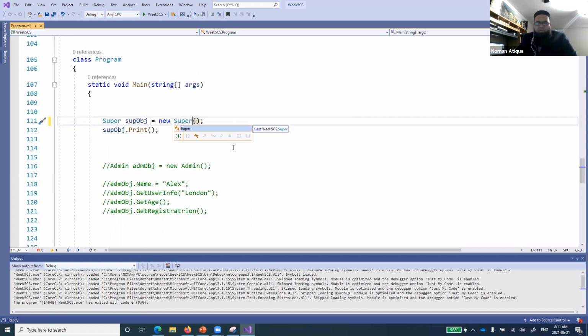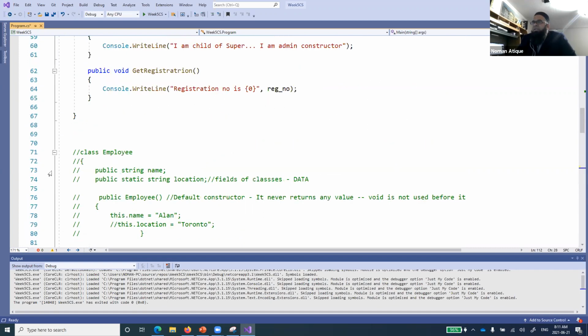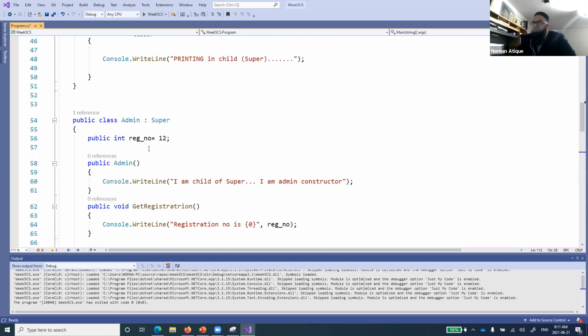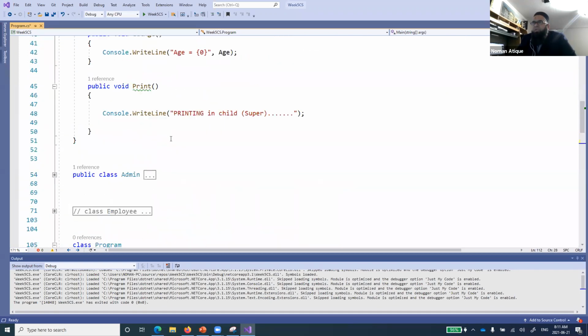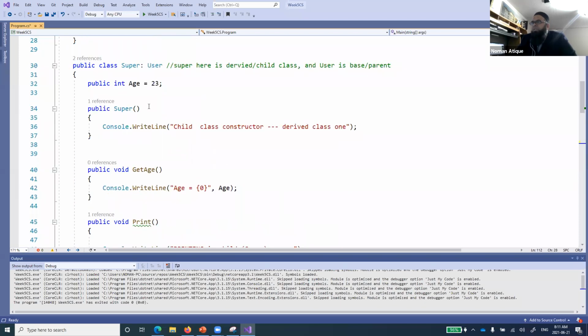New super. Now I'm calling the print function. And of course, we discussed that this super class is the child class. Let me close this. So super class is basically the child class of the user.